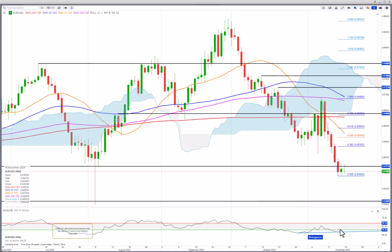Aussie dollar, I think we will see a rebound. We have RSI divergence, and it could rebound up to around 65.35, maybe even higher. But it needs to get its mojo back together, and if it can get above 65, then there could be further potential up to around 66. But we are in a bearish trend. It looks fairly heavy. If it takes out the lows from Friday here, 64.40, well, then it could dip lower